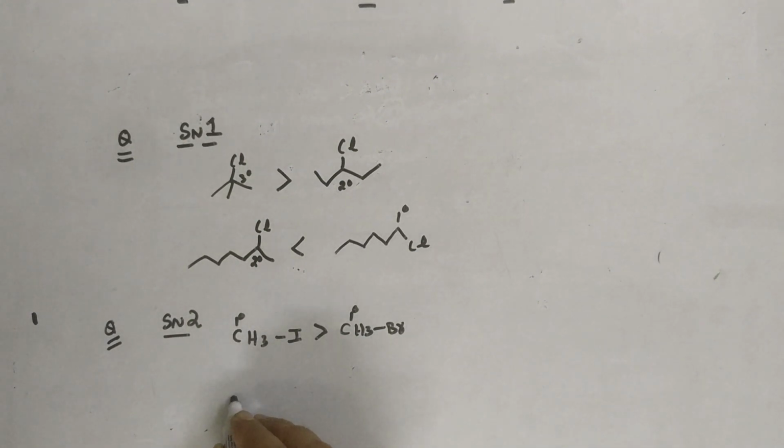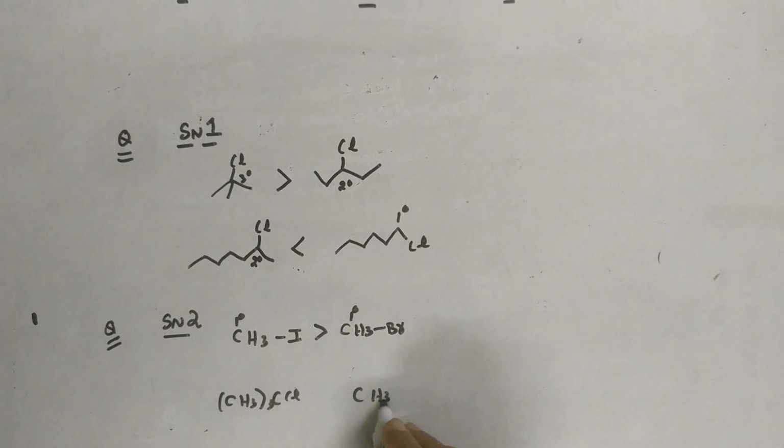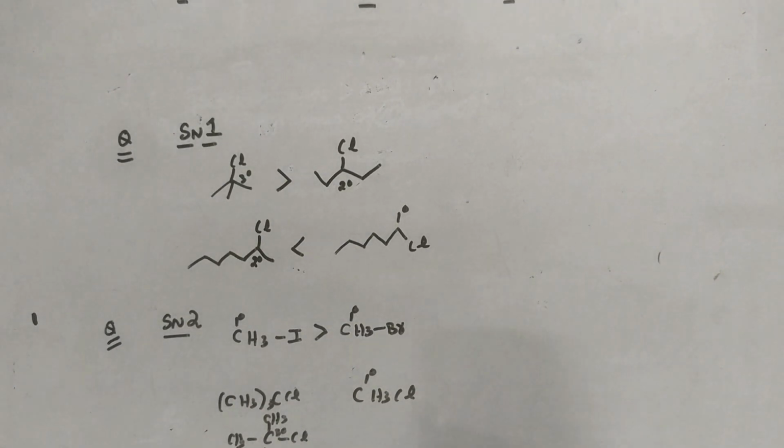The next one is like this. In this we have to expand it. It is given this one and this one. So let's expand this one. This one is primary. If you expand it, it has Cl and CH3, CH3, CH3 like this. This is your tertiary halide. So who will be more reactive? The primary one. We are talking about the SN2 mechanism. In the SN2 mechanism, what is the order of reactivity? You guessed it right. It is primary, then secondary, and then tertiary.